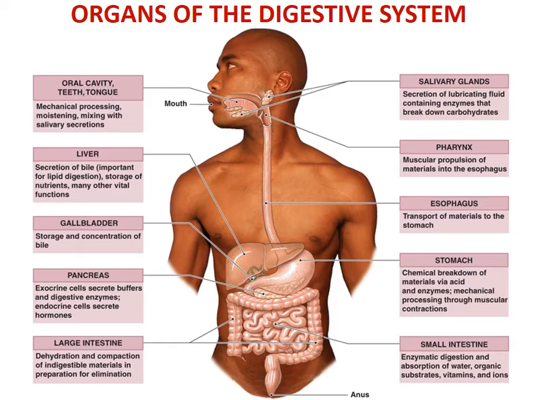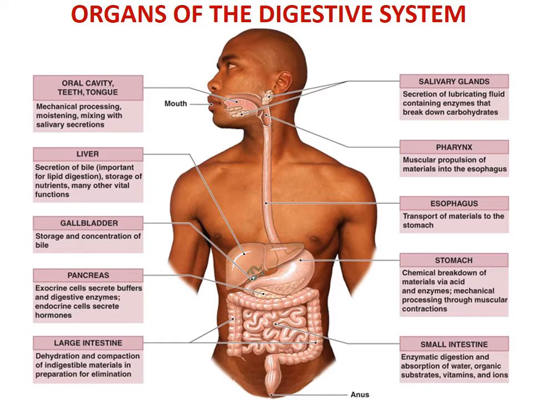Compaction means to make it more compact, solidify, right? So they absorb all the water. These are more physiological aspects. So all the undigested fluid material forms the fecal material. Then from here, oral cavity, teeth, tongue, what is the function of these? These are mechanical processing, moisturizing, mixing, salivary secretions. So the teeth, oral cavity and tongue all act like a stomach, because in the stomach they break down the material through the acids, and here they break down the material through the teeth. So they are mechanically